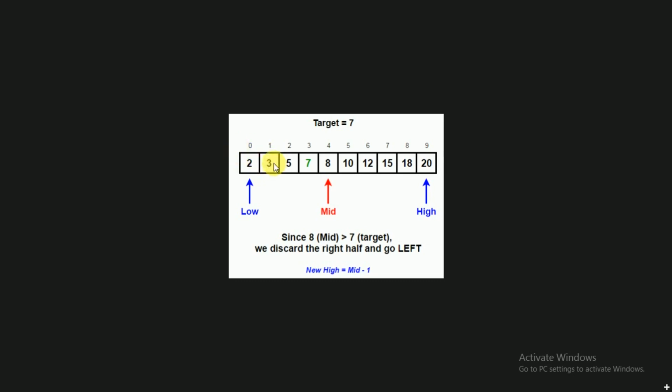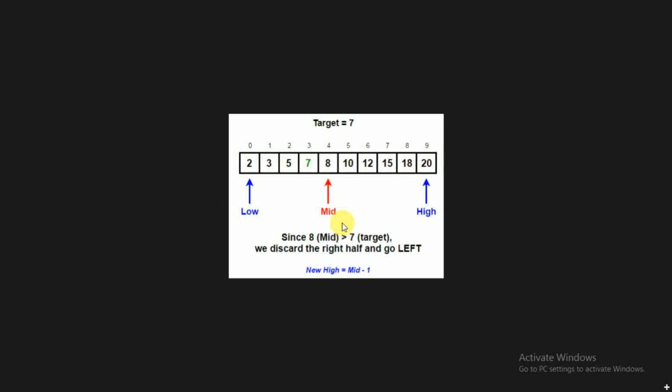Similarly, to access the second one, what is the statement? You write A followed by 1 in square brackets, so it is A of 1. The same statement is used to store a value also. It is not only for retrieving, the same one is used to store the value as well. Similarly, if you want to access the last element of this array, you write A of 9 in square brackets. In this way the array elements can be accessed.